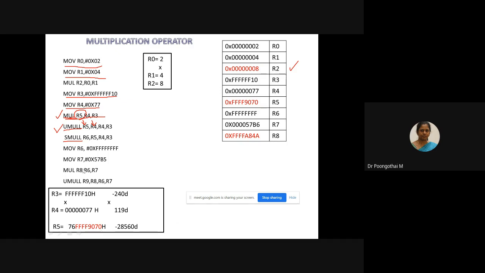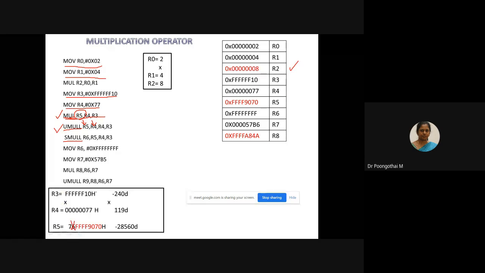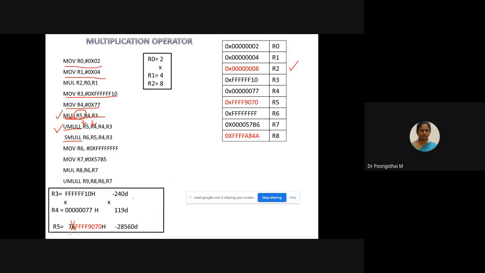So according to this MUL instruction, it returns only 4x 9070. After execution, your R5 holds the lower 32-bit value and the remaining bits will be discarded. So we are able to get this lower 32-bit value using this MUL instruction.